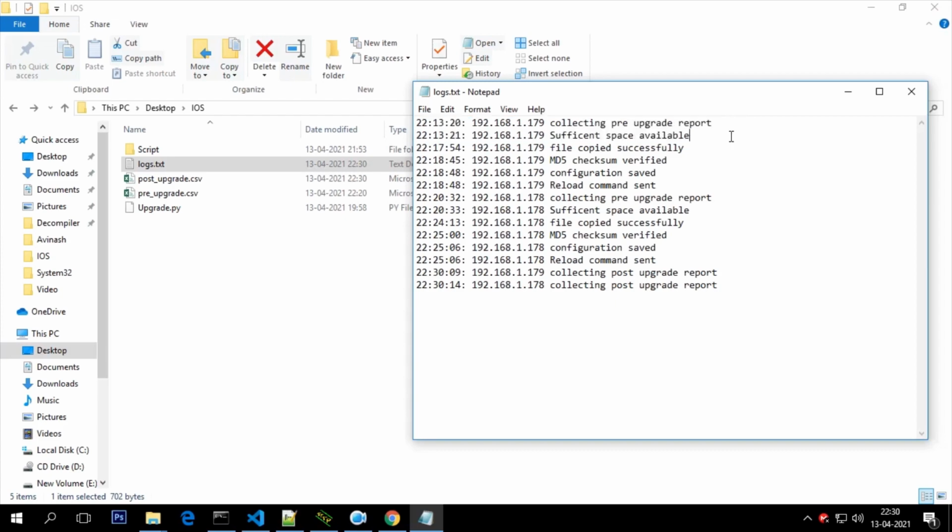The next step was to check if space was available, and then the file was copied at this particular point of time. Then MD5 checksum, configuration saved, and reload command sent to the router. In the first case, the router was not reloaded automatically, so we had to do that manually. Let's see the second case. In the first case, it might have been because of some technical error. Anyways, let's see